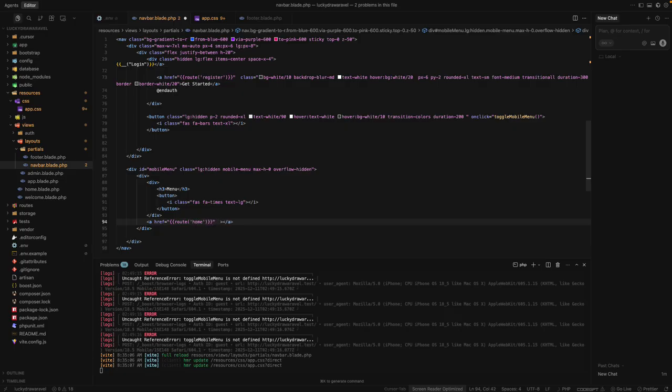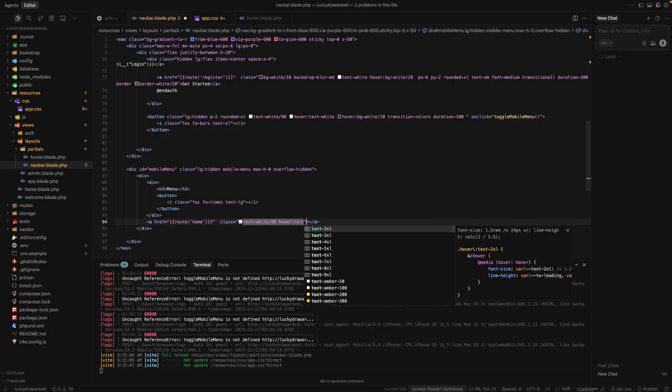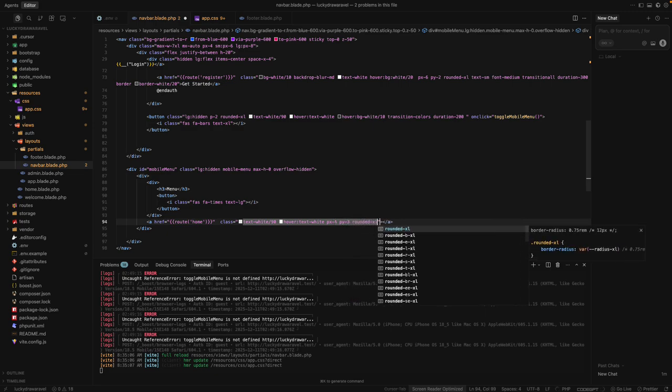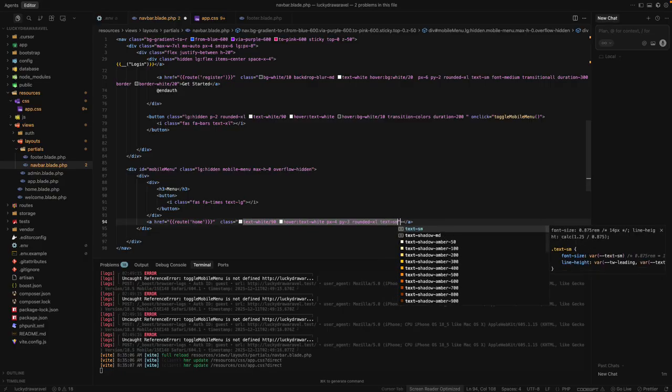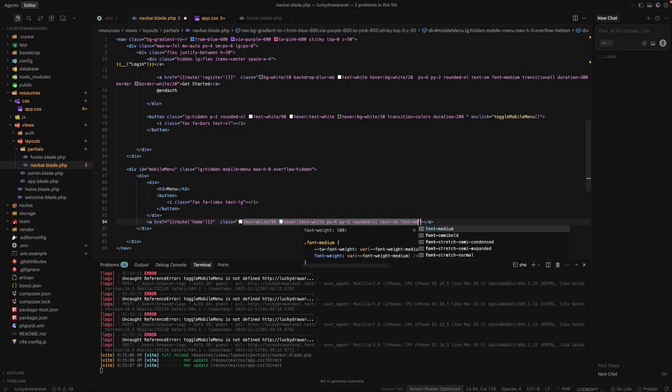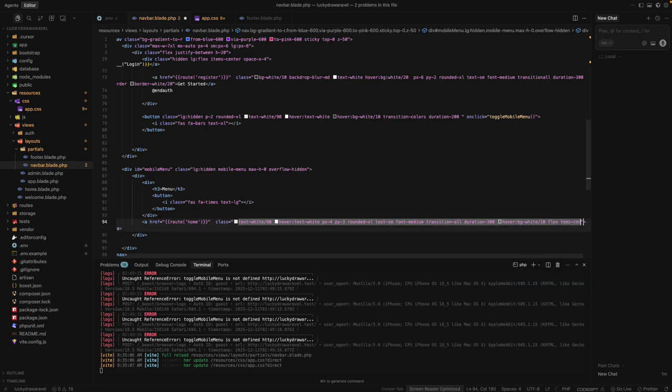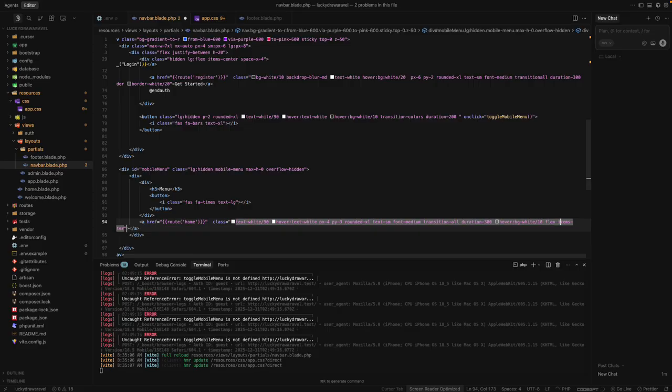So this is route, and let's give the classes text white 90, hover text white, px4 py3 rounded XL, text sm font medium, transition all, duration 300, hover bg white 10 flex items center, right? Items center, and this is